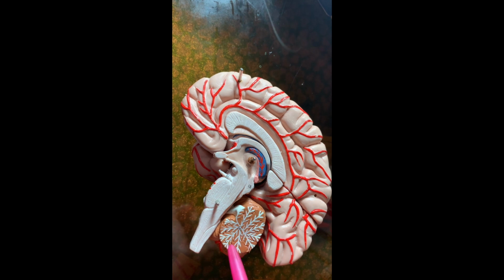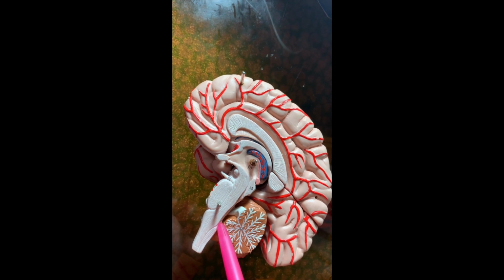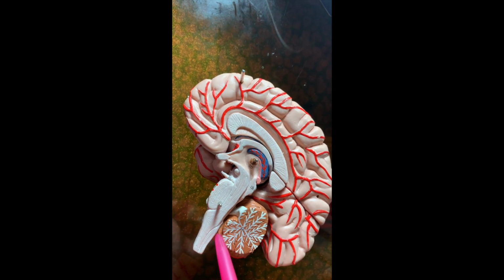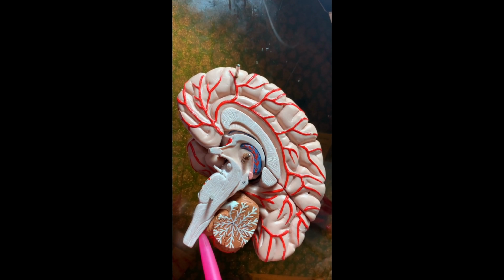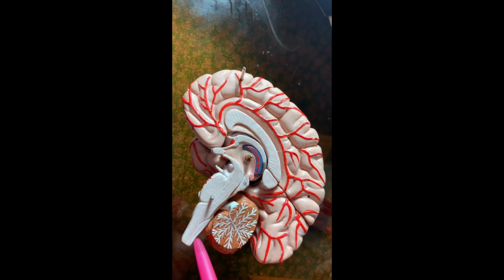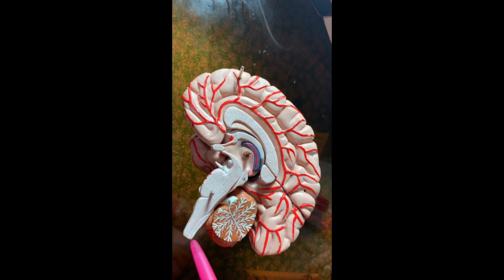From the fourth ventricle, I'm going to go through the lateral and medial apertures, which are going to be here. Then I'm going to go to the subarachnoid space, which is right over here, and then from the subarachnoid space, I'm going to go to the arachnoid villi of the dural venous sinuses, and from there, it's going to drain itself into the venous blood,